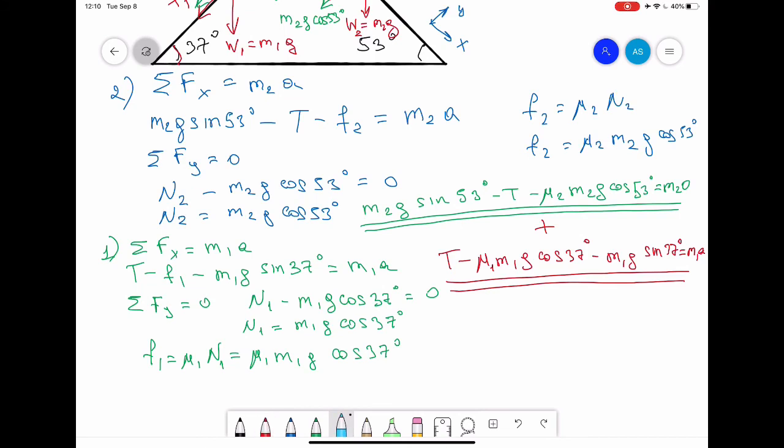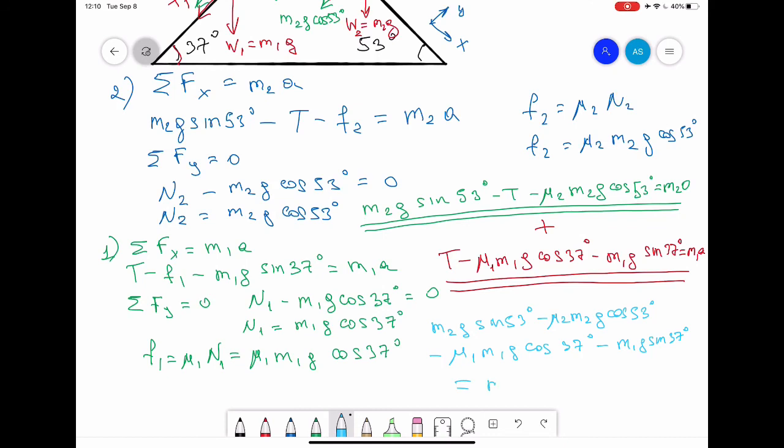We will get m2g sine 53 degrees minus mu2 m2g cosine 53 degrees, then minus mu1 m1g cosine 37 degrees minus m1g sine 37 degrees,